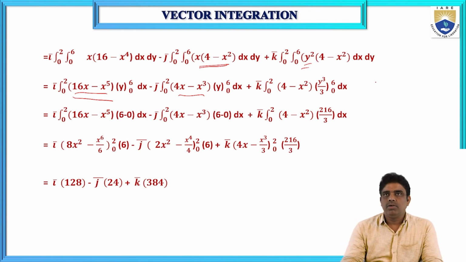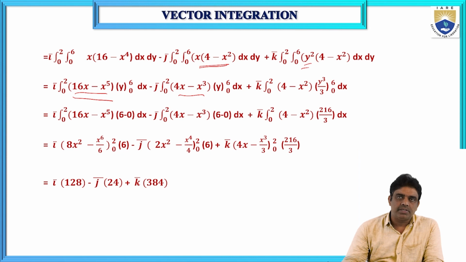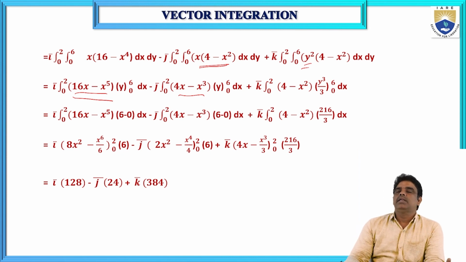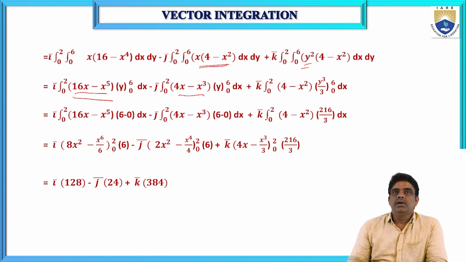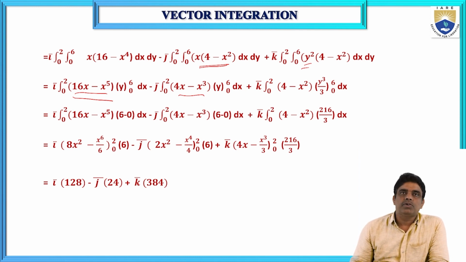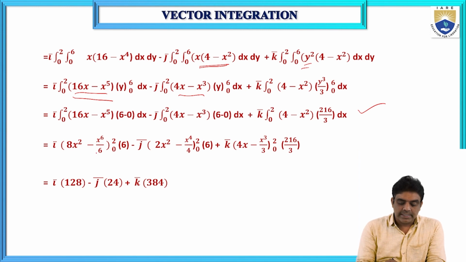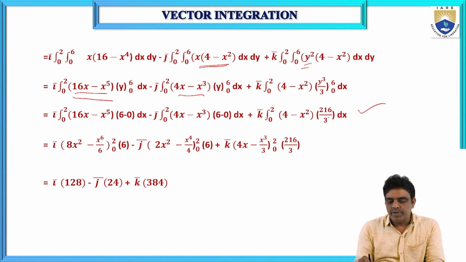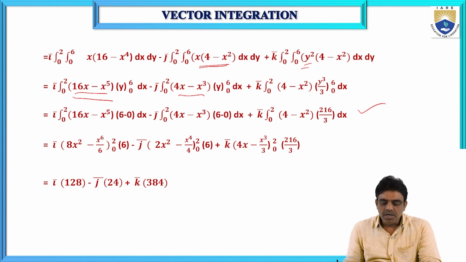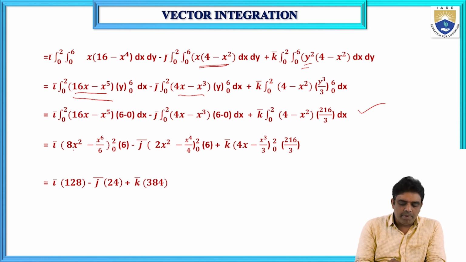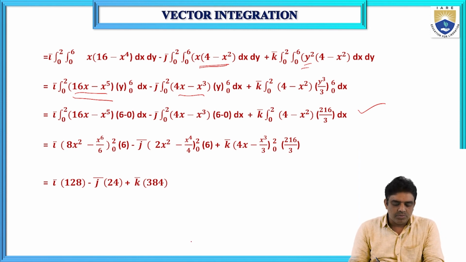So up to this clear, first we integrated the function with respect to z, and we substituted the limits, upper limit and lower limit. Now we integrated with respect to y and then substituted the limits 0 and 6. Now the resultant is like this. After the substitution also, this is 6 into 16x minus x power 5 dx. It is j bar into 0 to 2, 6 into 4x minus x cube. Here k bar into 0 to 2, 216 by 3 into 4 minus x square. So i bar into,